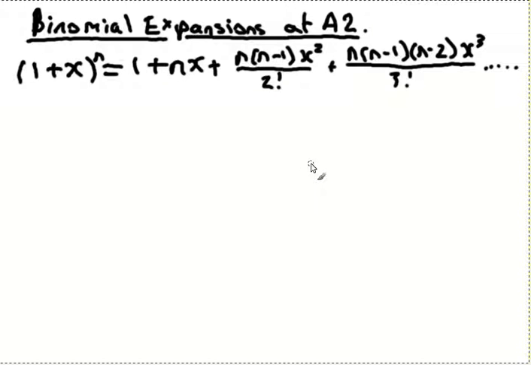Hello and welcome to another presentation, this time on binomial expansions at A2. Now the difference between AS and A2 binomial expansions is quite simply that they start asking them to do expansions where the power is not a positive whole number. When the power is a positive whole number, you can rely on just Pascal's triangle or the binomial coefficients in Pascal's triangle, and you don't really need much else. But if you want to take n as a fractional or negative power, then suddenly we end up with this